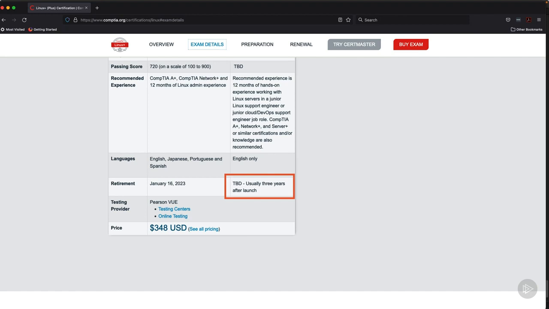We can see the previous exam will be expiring or retiring in 2023. Now, the testing is provided by Pearson VUE, and it can be done through your traditional testing centres, but we also have online proctoring. With online proctoring, you can do it from your workstation at home, but you do have to make